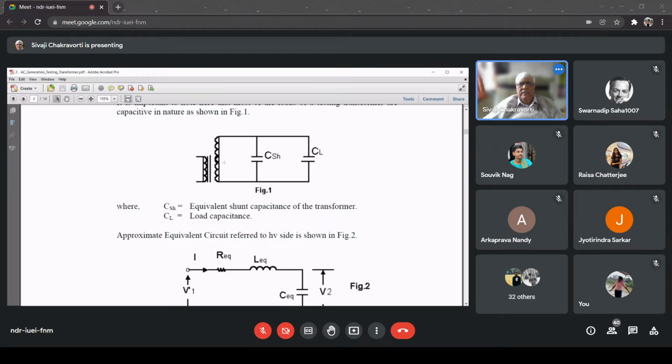And if we simply apply that voltage to this CL, which is the test object, that's not correct. Why? Because every test object the manufacturers make to withstand a certain voltage, and there is a standard for that. So if it is say 33 kV, let's say porcelain insulator, then that will have a